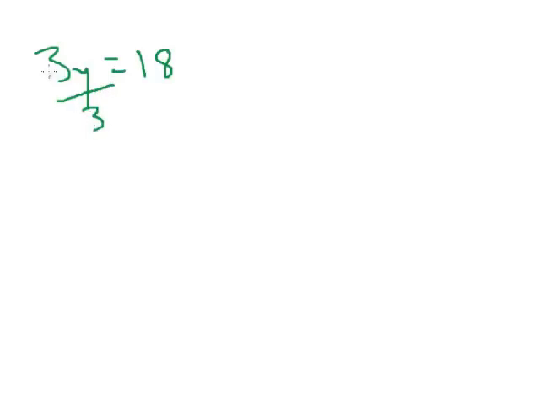If you divide by 3, then the 3's will cancel and you'll have y by itself. Whatever you do to this side, you have to do to this side. 18 divided by 3, and your answer is y equals 6. If it's a little bit more complex, for example, you have